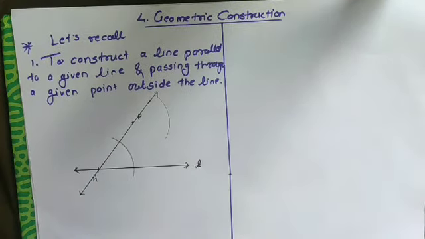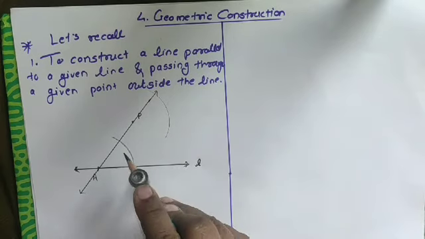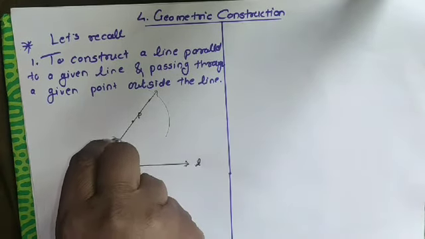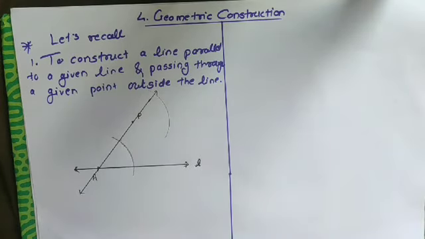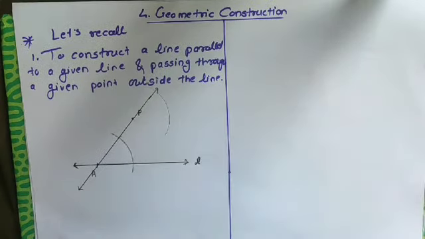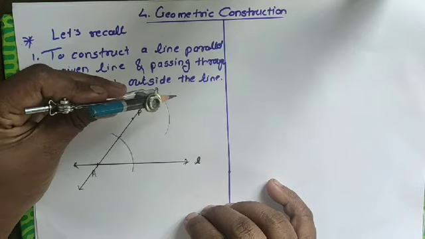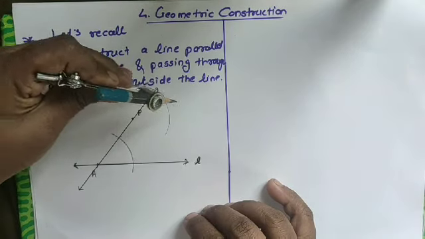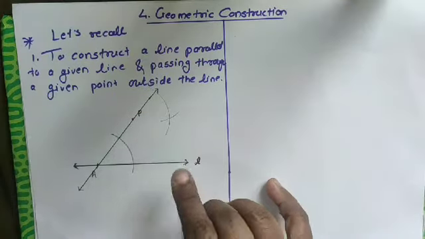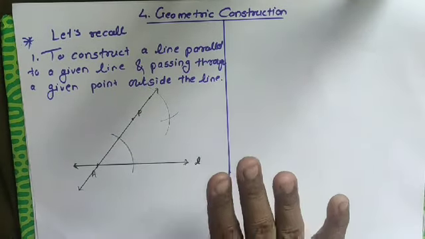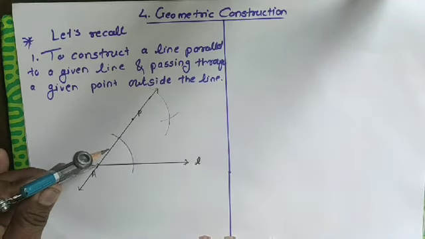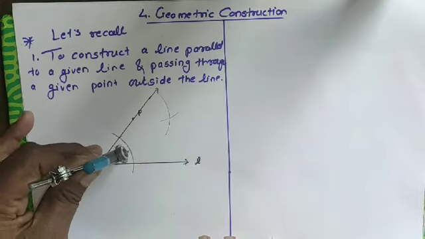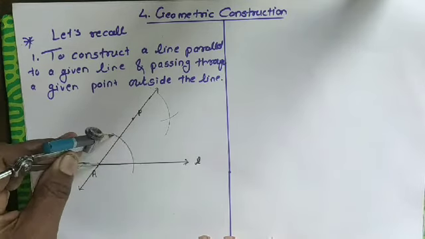Now you have to take a distance in your compass. How much is the distance of the arc? That much distance you have to take in your compass. Then you have to draw the arc from here, where this arc intersects the line AP, from this point as a center, and which intersects the arc. Did you understand what I had done? You have to take a sufficient distance in your compass, then keep the pointed metal point on this, and draw the arc.